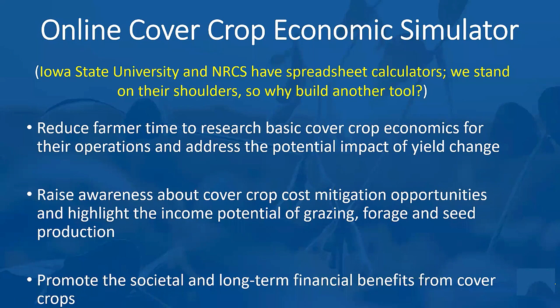And of course, as you're aware, Iowa State University Extension and also NRCS, Natural Resources Conservation Service people, have a cover crop spreadsheet calculator. And of course, you probably either like spreadsheets or hate spreadsheets. So in our case, this is a web-based tool, which can be used on your laptop,